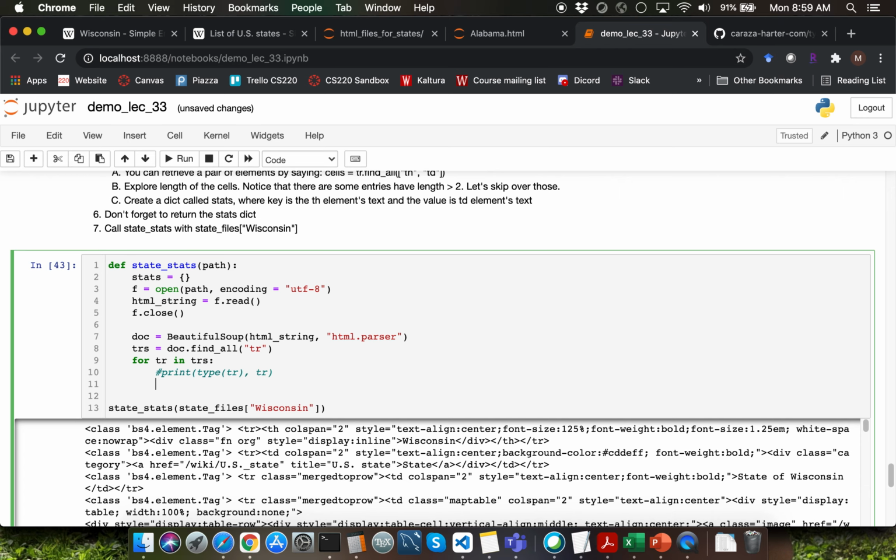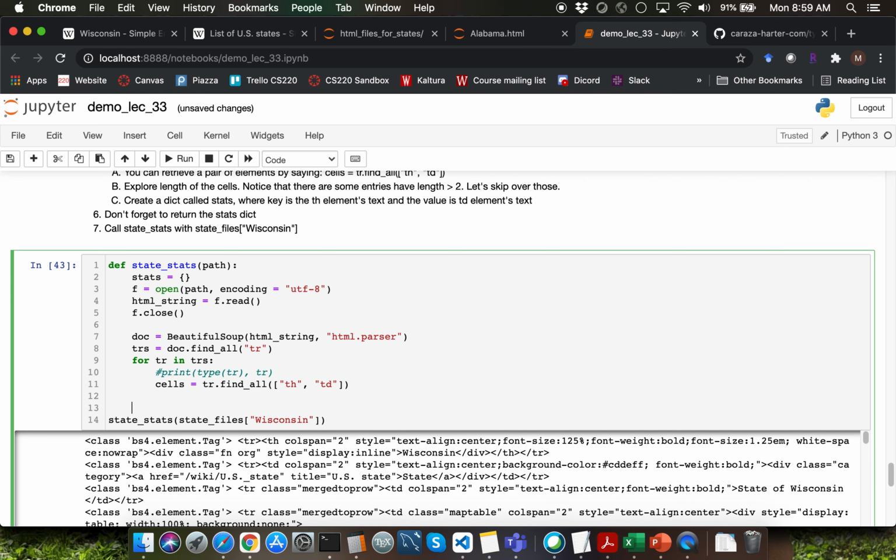You can use the find_all function on tr by typing tr.find_all. Instead of passing one string element as argument, we can pass a list of string elements. I could say the list items here to be th and td. That will ensure that we are able to extract only the pairs of tags where we have the relevant table header information for the table data, which is going to be individual cells within each of the rows inside that table. Let me capture the return value into a variable called cells.